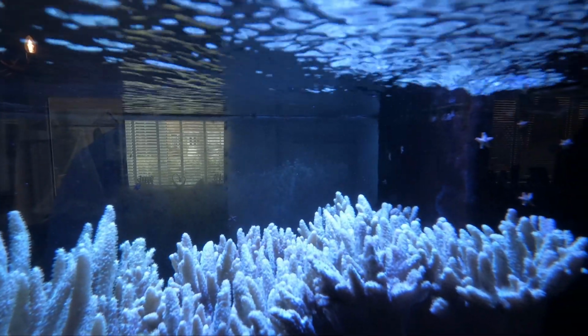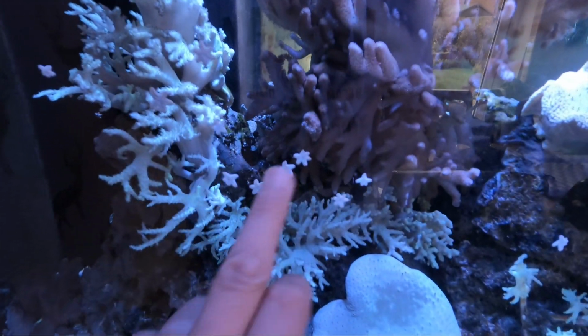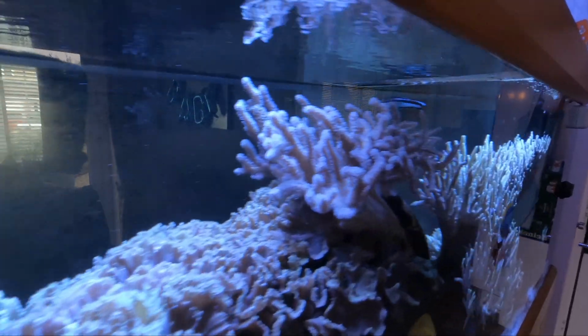Up close you can see it just moving around. And a good indication that there's algae on the glass is all these little critters here are eating the algae, so it's definitely time to clean the glass. And like I said, this has been 3 days, so this should give a good example of what it's going to be like